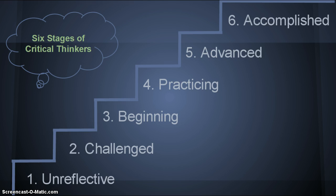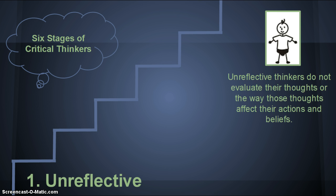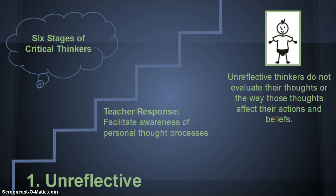The goal is to start a foundation in elementary school so that by high school, students can be at an age-appropriate critical thinking level. The first stage is unreflective thinking. These thinkers do not evaluate their thoughts or the way those thoughts are affecting their actions and beliefs. I think of kindergartners who are not really aware of their thought processes. However, this stage, as is true with any other stage, can be an older person who has not learned the skills within the level. The implication for teachers is that they need to facilitate an awareness of personal thought processes,